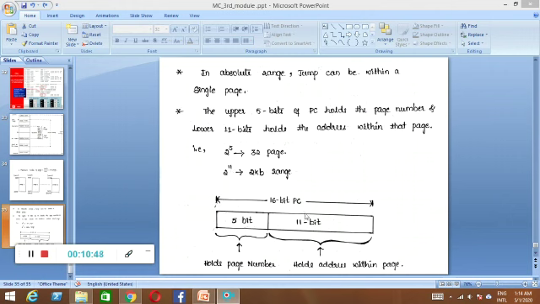So this is how it works in the case of absolute jump or absolute call. This is related to the call and jump instructions. The next things will be covered in the next video. Thank you.